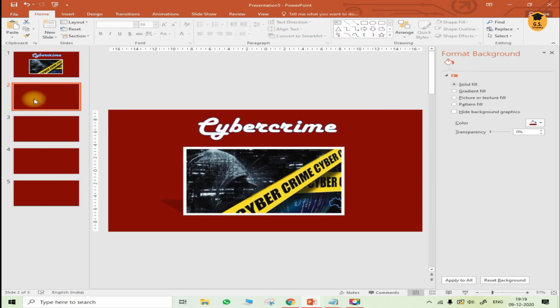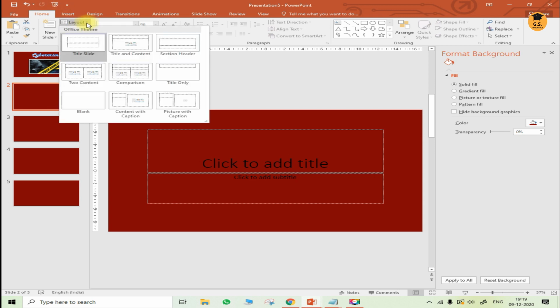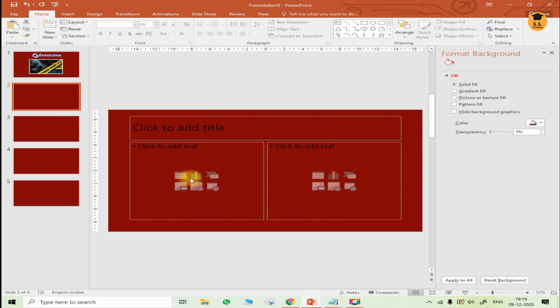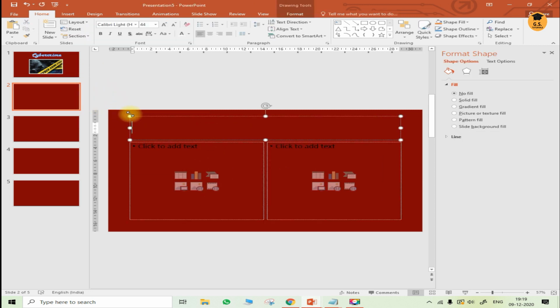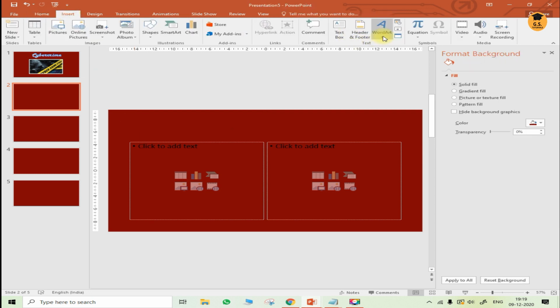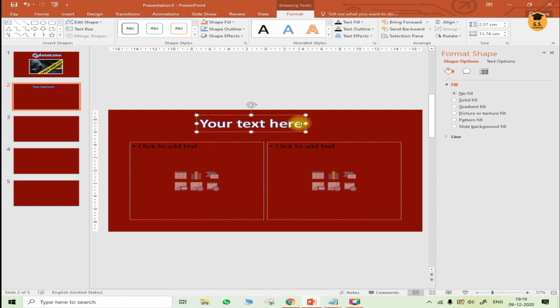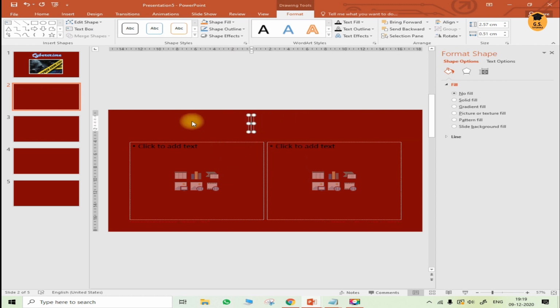Then go in slide number 2. Again, after going in slide number 2, just select the layout. In layout, let's say you have selected this layout. Okay? Now in this layout I have deleted the first one. I'll just make use of word art again here. In word art I'll write here the name of the other topic, subtopic, WhatsApp security. Okay? I'll just broaden the size.